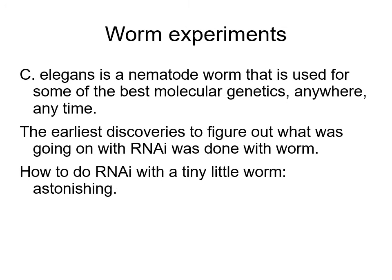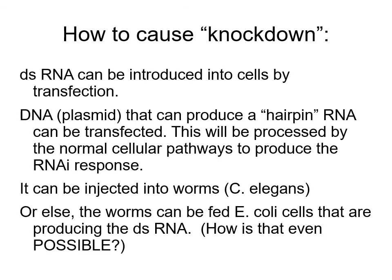Okay, so the very best early experiments on this to prove that it worked easily was done with C. elegans, the worm. Okay, and this is a fabulous organism in general, but the experiments to show how RNAi worked were genuinely astonishing. Okay, so in terms of how you cause knockdown, how you can manipulate the system experimentally,